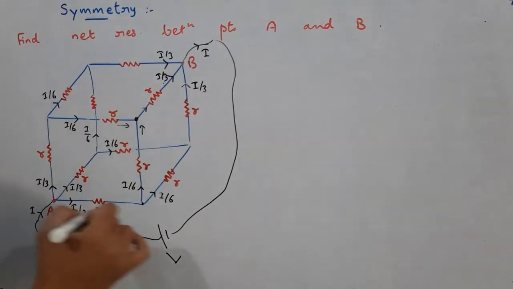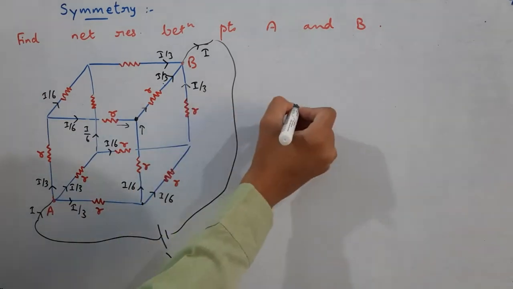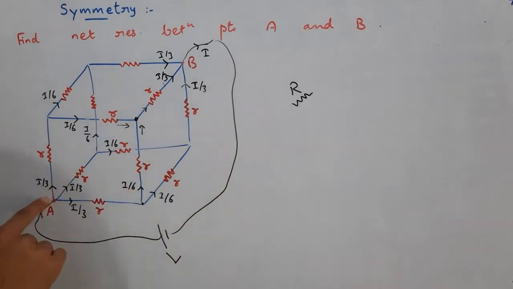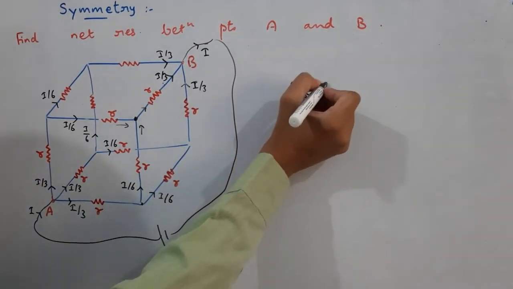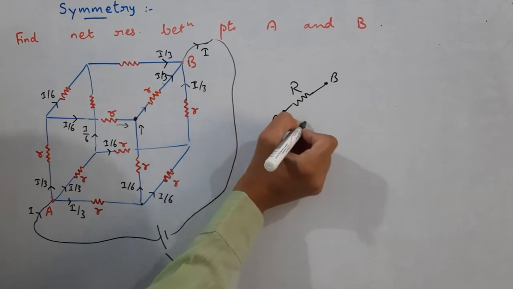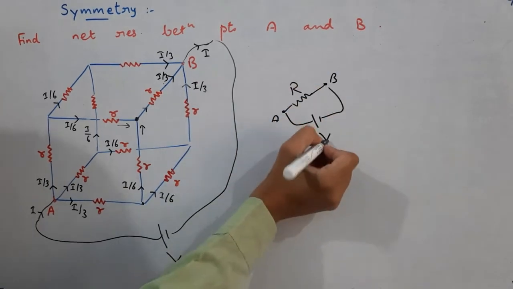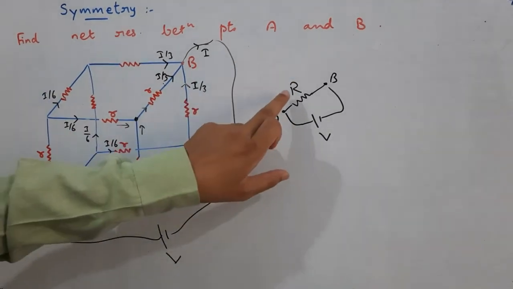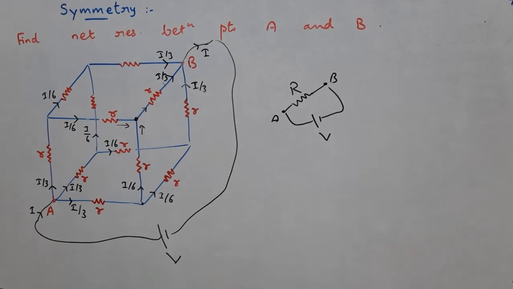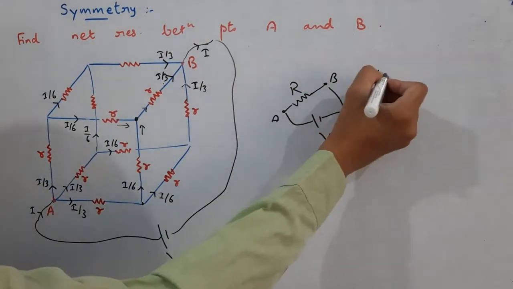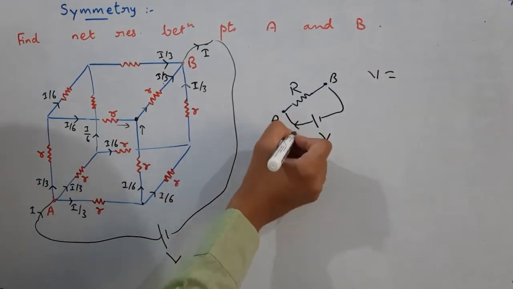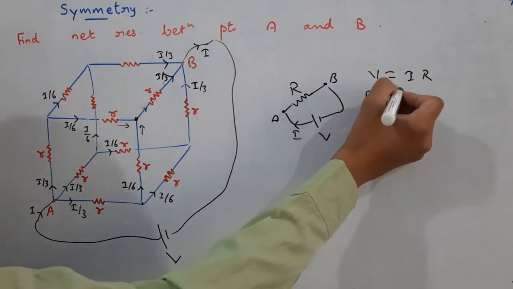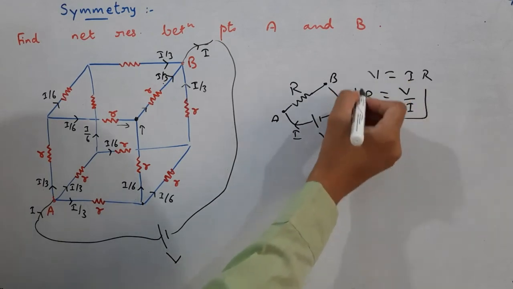So instead of this particular arrangement, we will have a net resistance, how much? Capital R. And that is connected between which two points? A and B. And between these 2 points A and B we have voltage V. Same thing I have drawn again. Here R is the net resistance of these 12 resistors. So using Ohm's law, what will we write? V is equal to total voltage is equal to total current, that is I, times total resistance R. We have to find R. So R will be equal to how much? V by I.